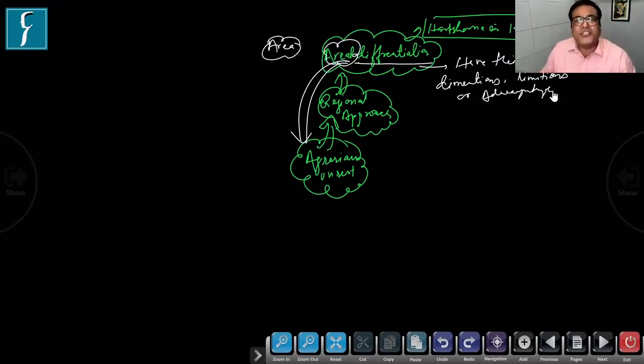Just for generalization, we say that India has a monsoon type of climate. But don't you think that the aridity level of western Rajasthan is far higher than that of Bihar and Uttar Pradesh? The eastern part of India, the North Indian plain especially, is full of perennial rivers, the western part is not. The area north of the Ganga river always faces the problem of flood, and the area south of the Ganga river always faces the problem of drought.